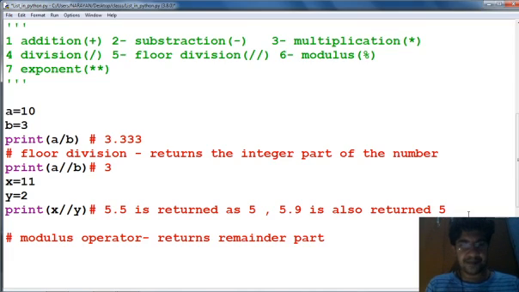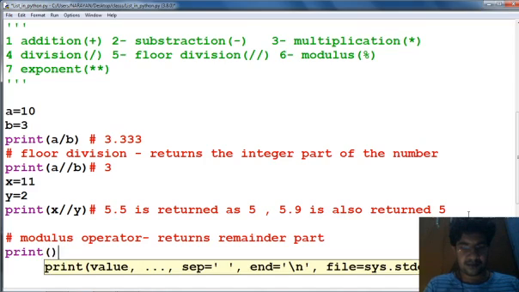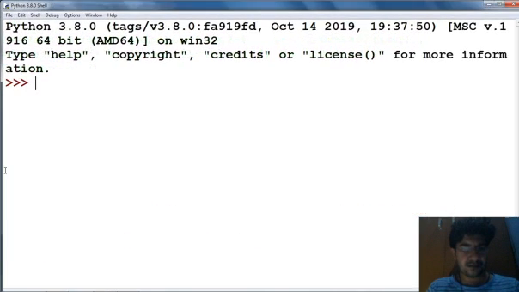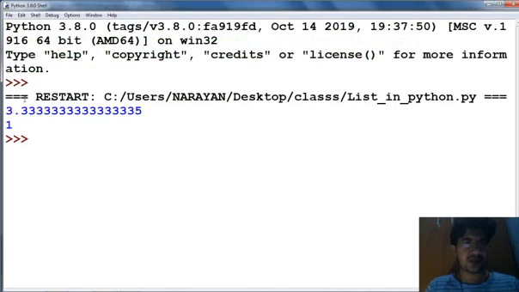Now if we print x modulus y, see, this returns 1.